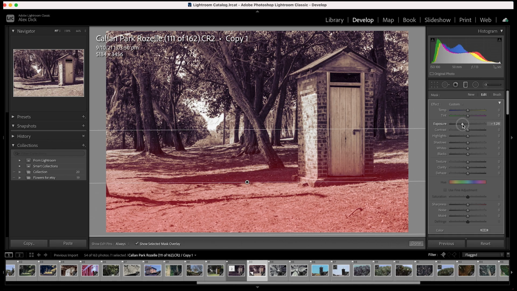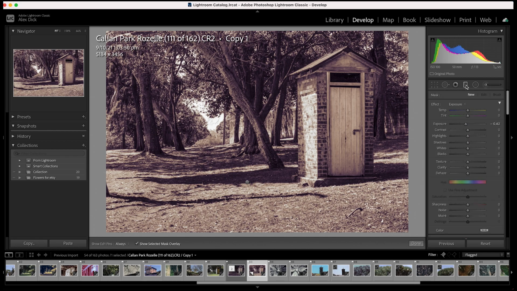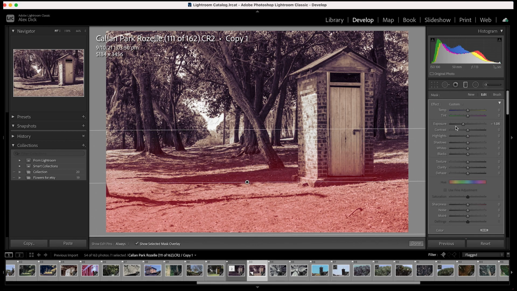And that means that anything I do here is only going to affect that masked piece of the photo. So just for a laugh, I'll wind down the exposure there. So I'm taking it into the negative because this bit of the ground is drawing my eye too much. So I want to knock a bit of the brightness out of it. So let's see what that's done. Yeah, already that's quite good. Now you can edit what you've done. It's a little bit hard to get back to in Lightroom, but you click back on the tool and then this little grey thing comes up. And actually,